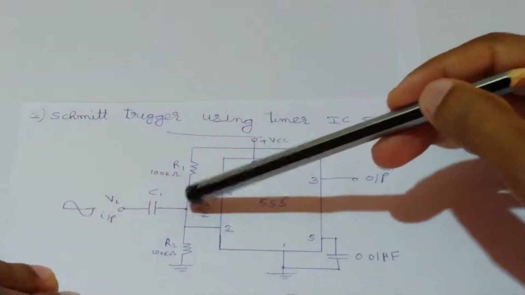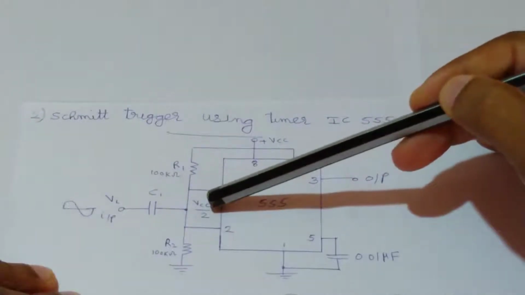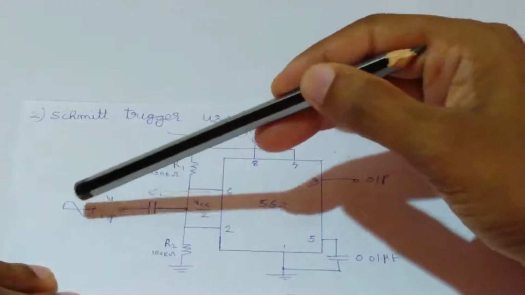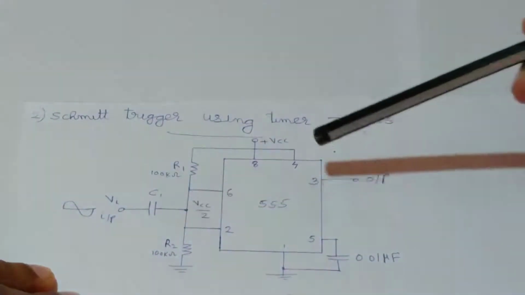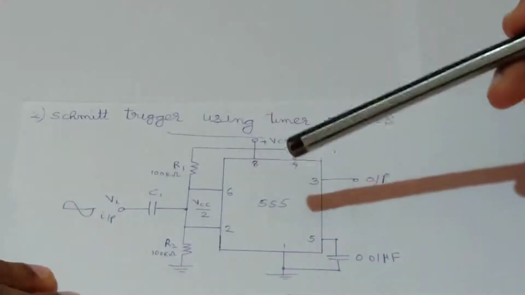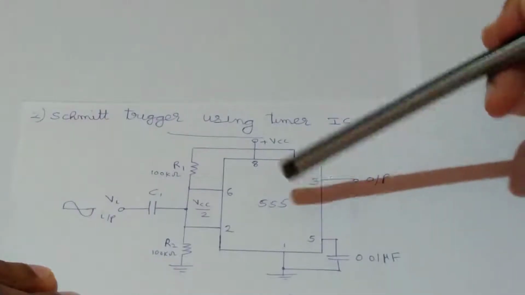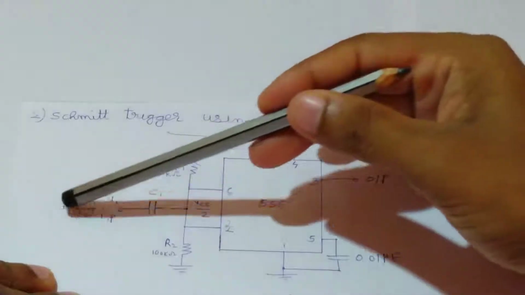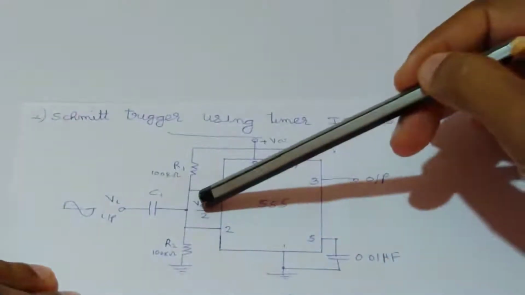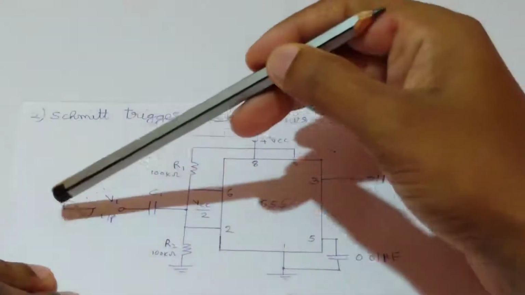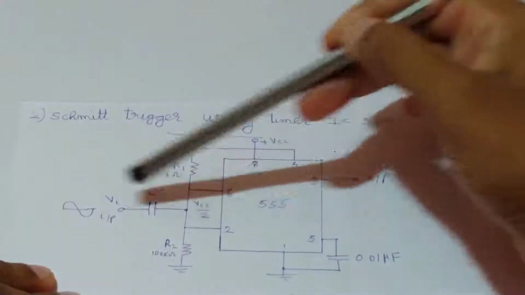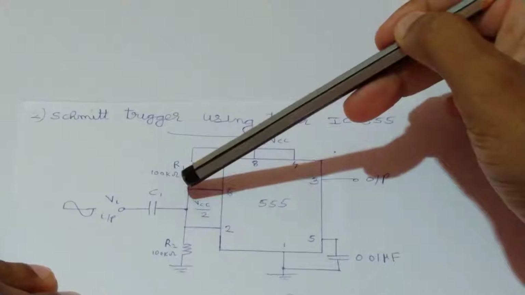Okay, and hence at this point we will get a VCC by 2 voltage, and a sine wave is also applied to that point. When we compare this circuit with our normal astable multivibrator circuit, that capacitor section is here replaced by using this sine wave VCC by 2 arrangement. And hence the instantaneous voltage of the sine wave plus VCC by 2 voltage appears at the 6th and